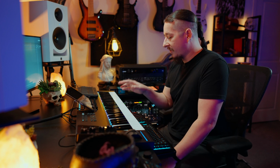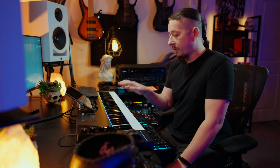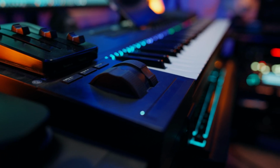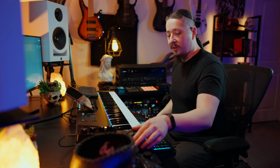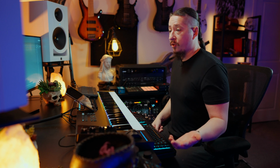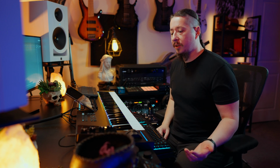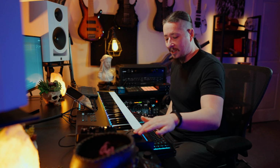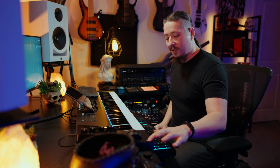And then moving up, I have this S61 Complete Control keyboard, and I love this keyboard just because it has these really snappy semi-weighted keys. It doesn't have all the faders that I would normally use, especially when you're doing any type of composing with strings or any type of virtual instruments that have different types of expression like modulation, and this has pitch bend. I don't really care for this slider, I don't use that,